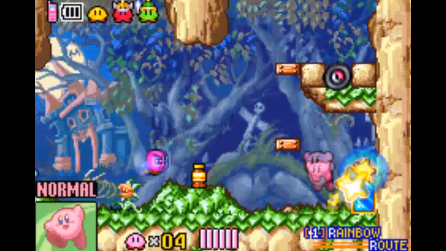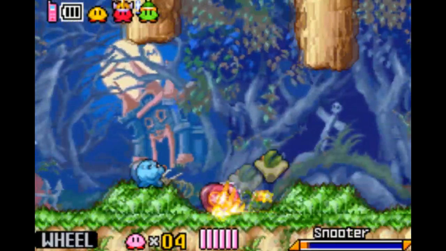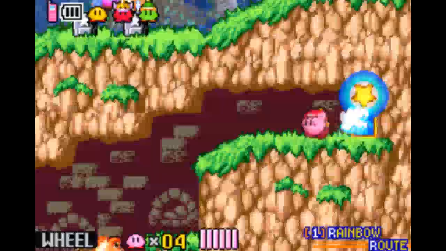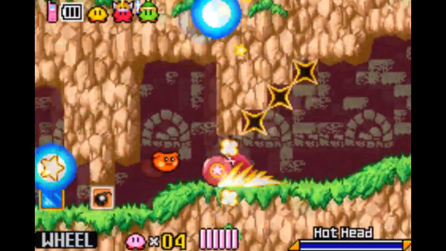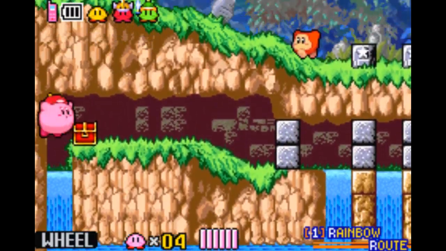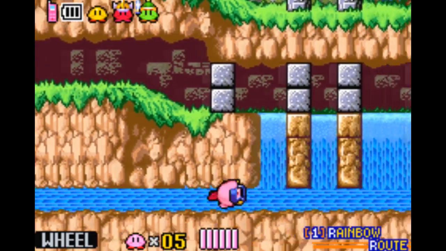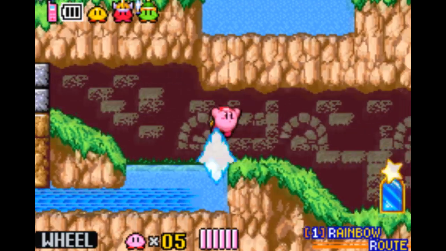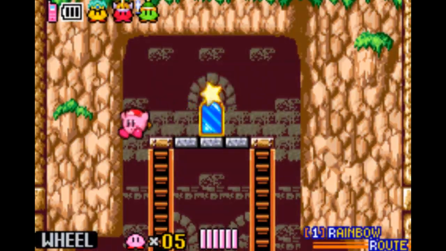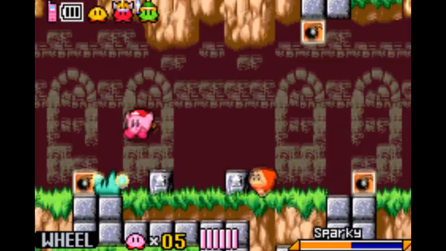Yeah, so each area has a pretty robust map system, which is good, because there's a lot of one-way paths. And it does point out which paths are one-way. Oh hey, that treasure was worth one up. Yeah, the small chests are just the usual Kirby power-ups. Although they do count towards percent, so...